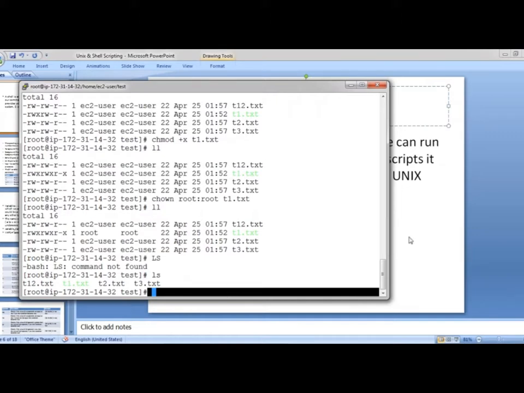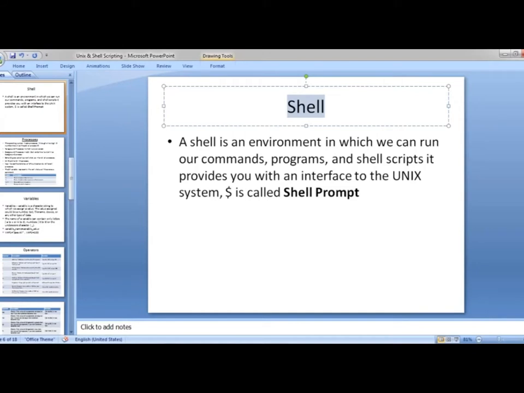In here we are able to run our commands, and run any program and scripts from this place, right? This place is called the shell. Usually a dollar sign is the Unix shell prompt.